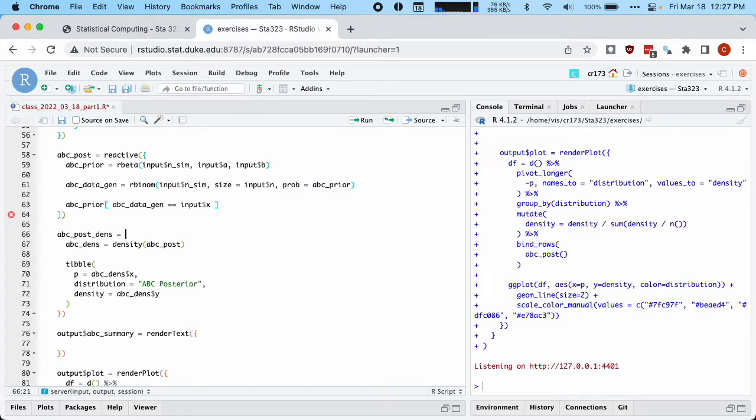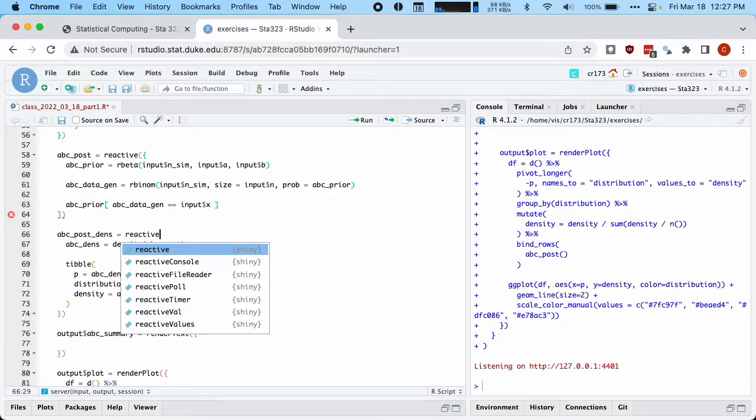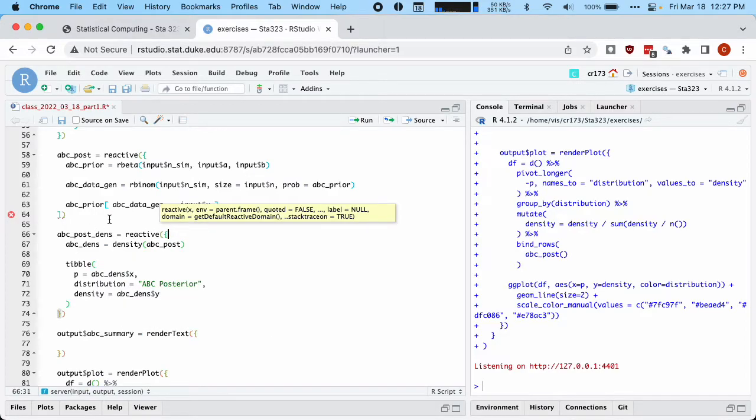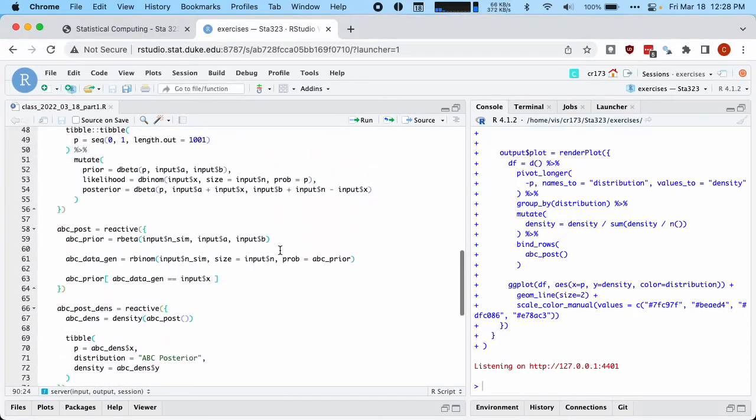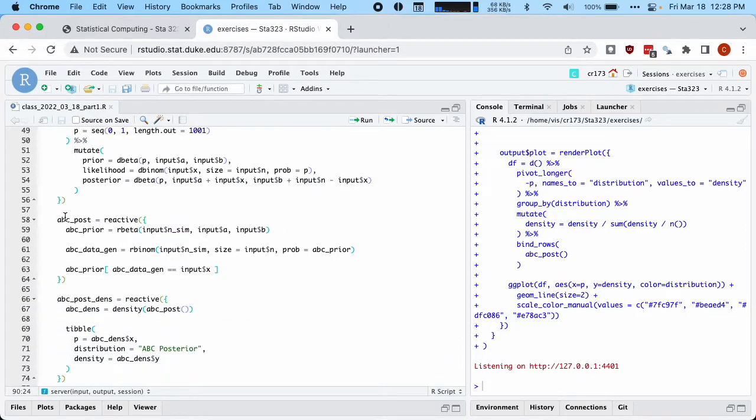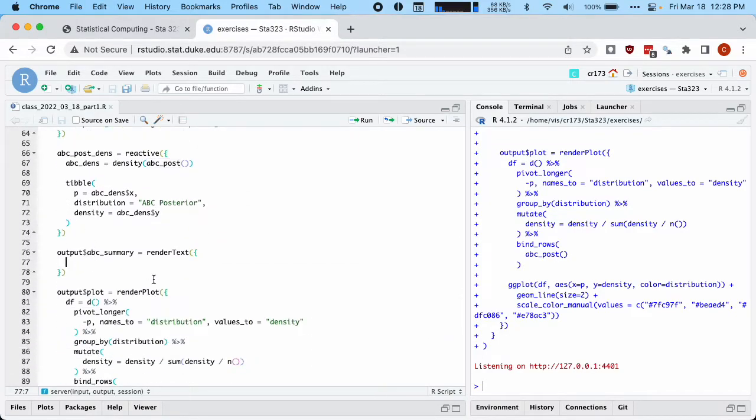And then I'm going to do ABC post density, which is going to be another reactive. And so this reactive will get the previous reactive, calculate the density of that, and then return a tibble. And then I need to remember to update that I'm now using density there. Okay, so now that we have this, I can take a look at this and basically say, okay, my output